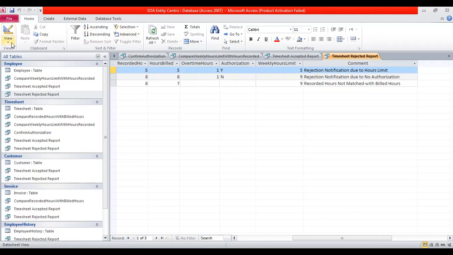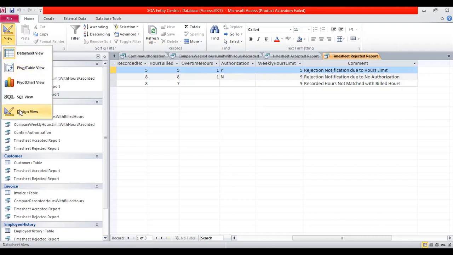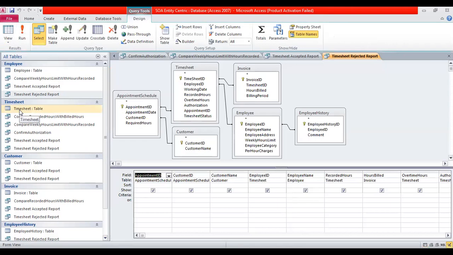And if I want to show you the design view, in the design view you will get the entities, and these entities are related with each other. So a total of 5 different tables or entities are required for this timesheet submission process. Here we have analyzed and designed, what we did in video number 1 or part 1. So we have tested our analysis and design with the help of a prototype.